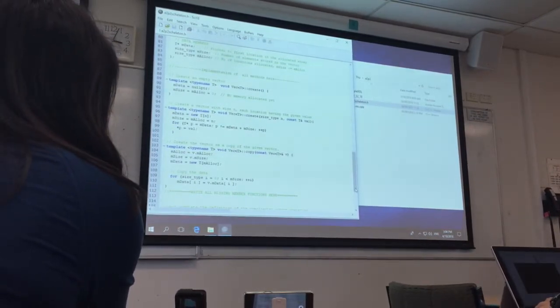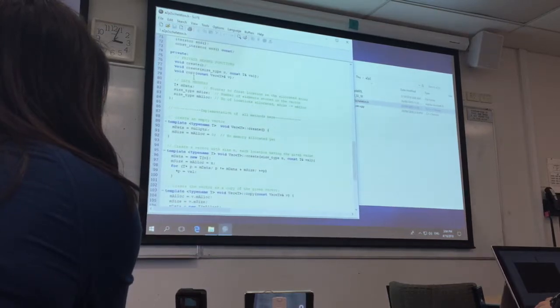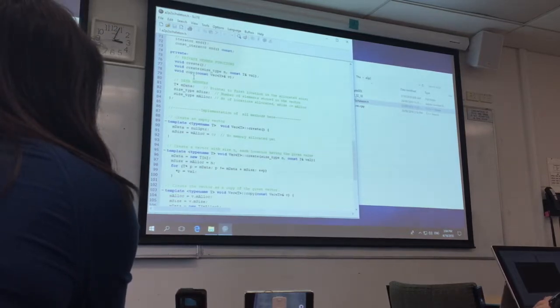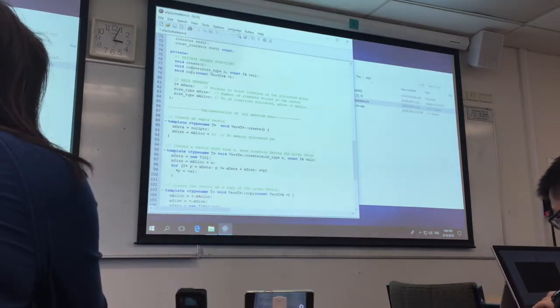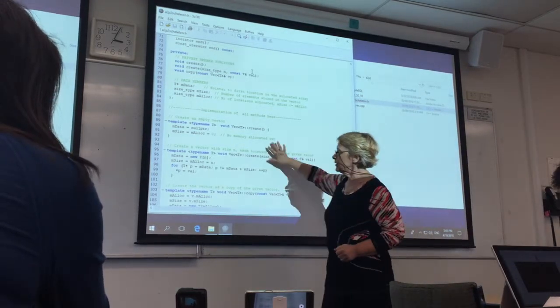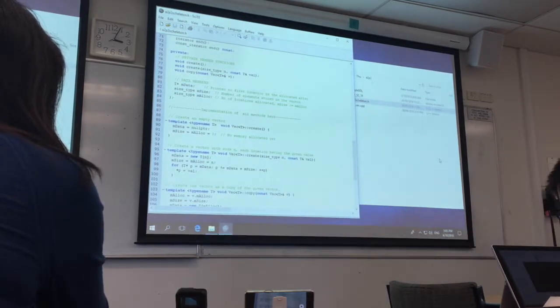This create and create overloaded with 2 arguments and copy are private methods. Every method in the class can use them, but you can't use create in main because it's not public. So create, or this one, or copy vector, you are not allowed to use them in the main, but you might need to use them in your implementation of constructors or